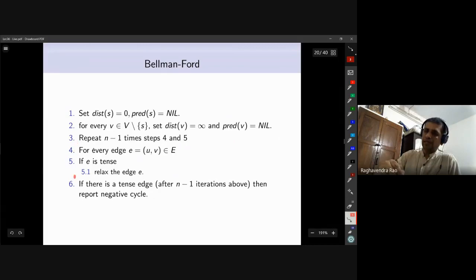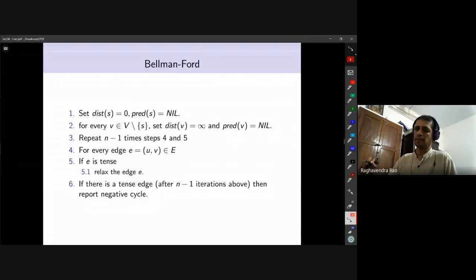Now there is an interesting thing that happens. If you repeat it n minus 1 times, what Bellman observed was, if there is still a tense edge, then you can for sure say that there is a negative cycle. So you can detect if there is a negative cycle, while the algorithm will fail if there is a negative